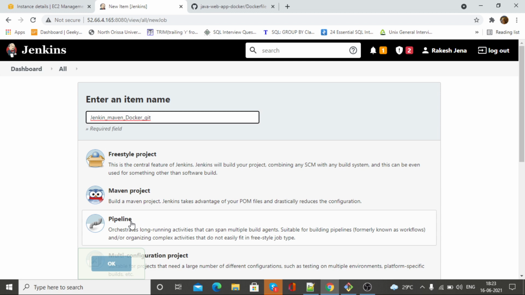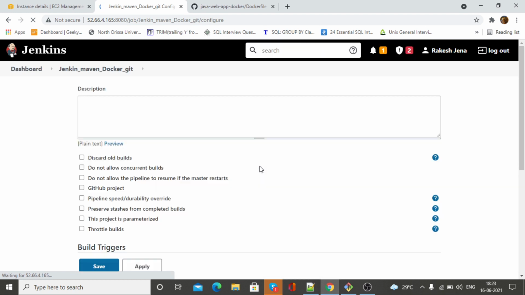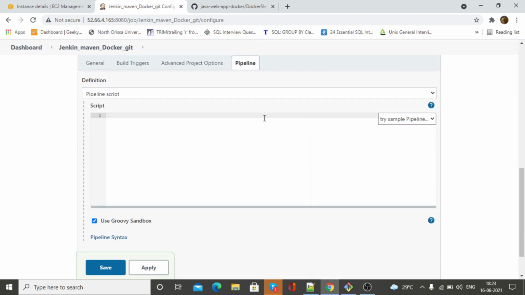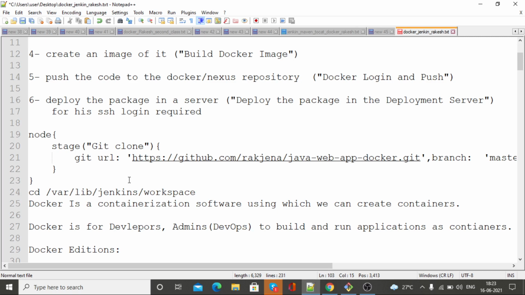So click on pipeline, then click OK. Click on pipeline here because we are going to write a script through this. Okay guys, here what we need to put is node. Let me copy this code from the notepad. I have already copied.